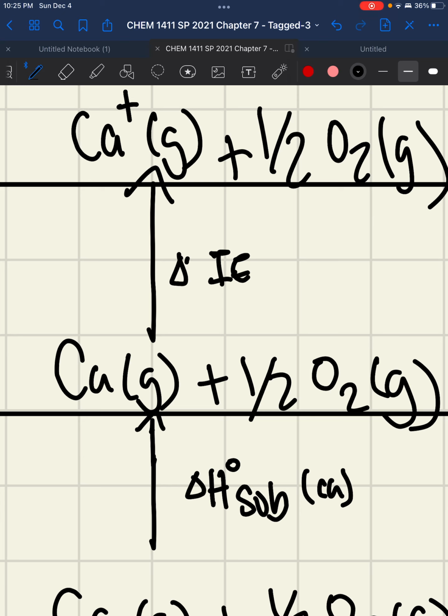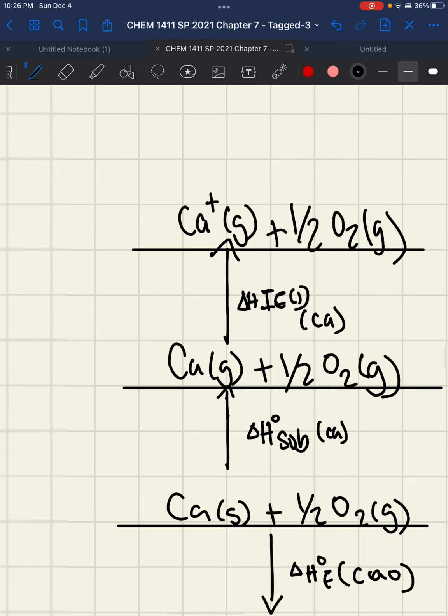This is the first one, and that's what it was. Okay, so